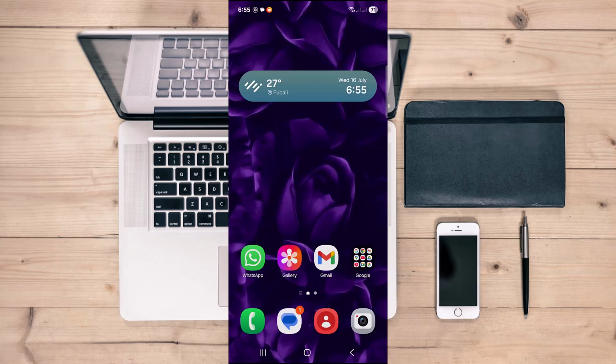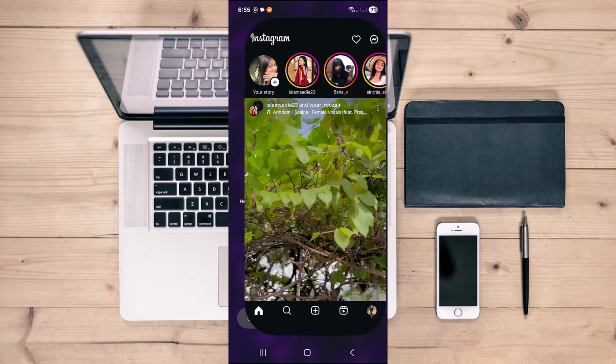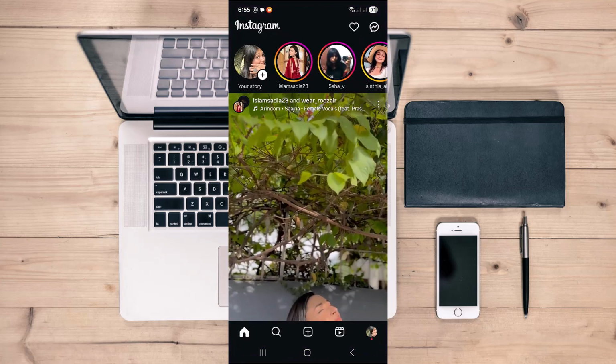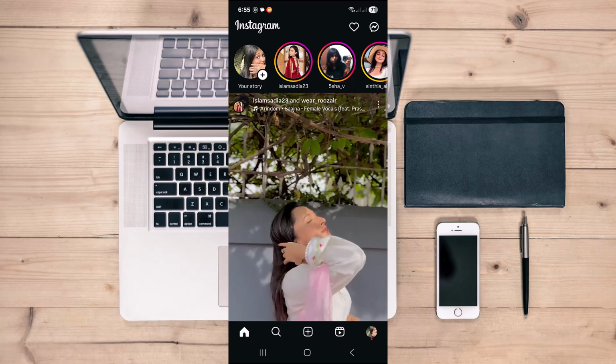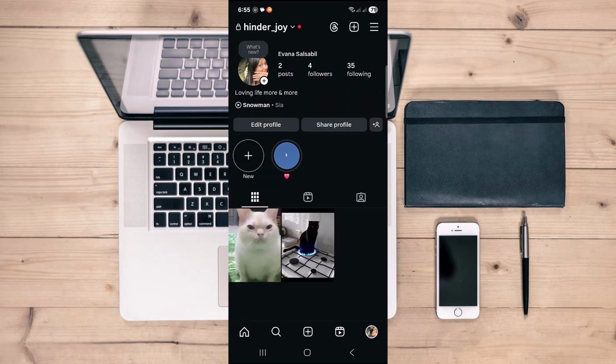In today's video you are gonna see on Instagram how you fix the Instagram status not showing online. So to do that, let's head over to our Instagram. Once you're there, make sure you have logged into your desired account and then head over to your profile and then go to the three lines icon on the top right,